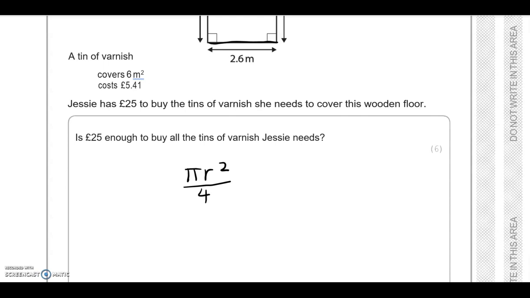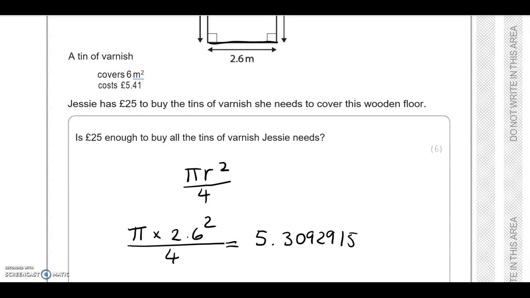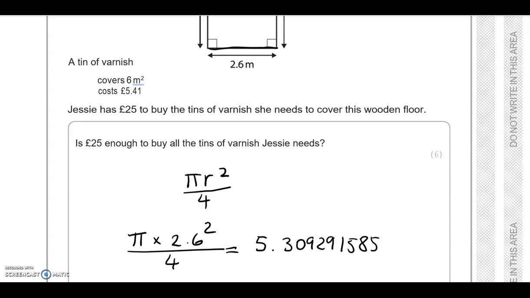Use the pi symbol in the scientific calculator, but you could do it with 3.142. So pi times 2.6 squared, all divided by 4, and that gives me 5.309291585,